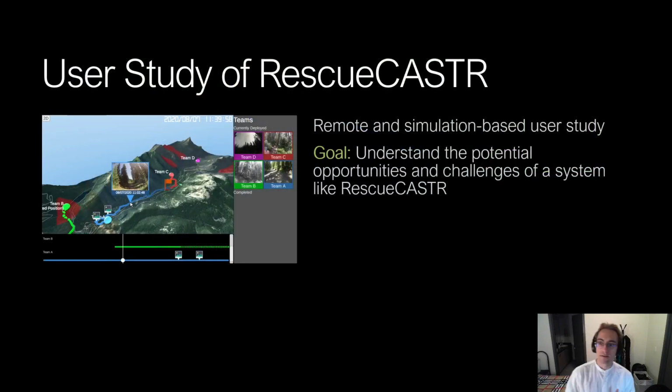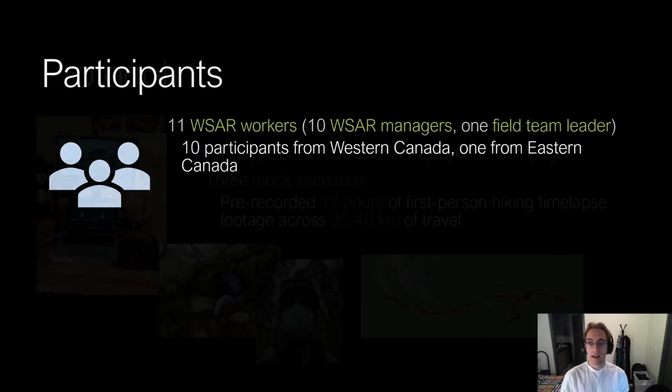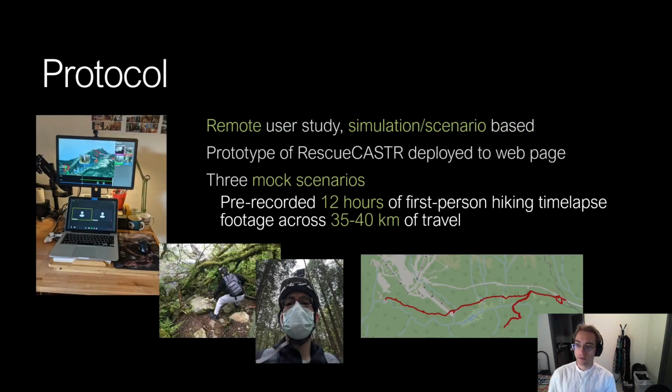So we ran a user study where we deployed this prototype as a web app with the goal of understanding the potential opportunities and challenges of a system like this. We recruited 11 WSAR workers, most of whom were managers, and this study was remote, based on a simulation and 3 mock scenarios where the participant played the role of a WSAR manager, completing various tasks overseeing simulated field teams